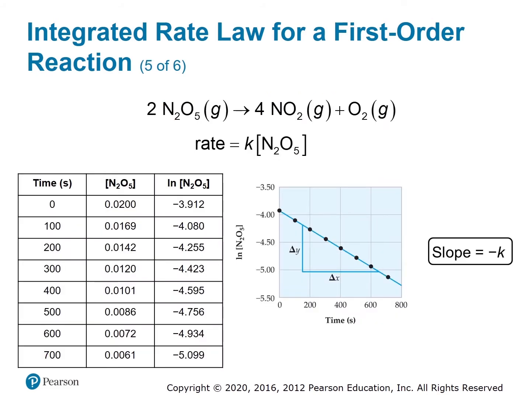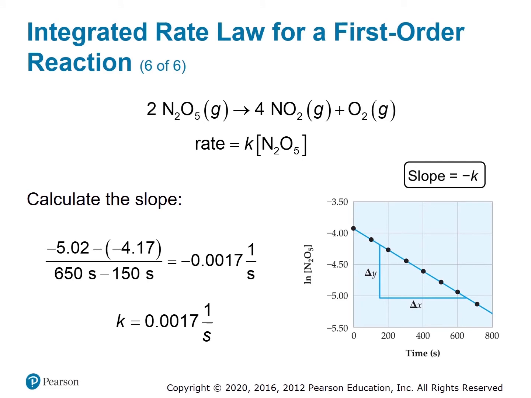That decomposition reaction of N2O5 that we saw earlier happens to be a first-order reaction. And sure enough, if we take the data from earlier and plot the natural log of N2O5 concentration versus time, we get a straight line. And by using standard methods using data points on a straight line, we can calculate the slope of this line, which turns out to be -0.0017 inverse seconds. Since this is equal to -k, we can determine that the rate constant for this reaction is k equals positive